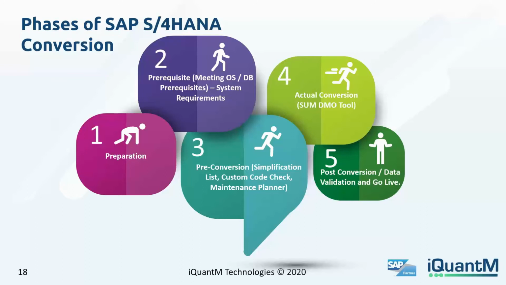In the preparation phase, the customers can take the help of us, SAP, to run their readiness check, which will give them a detailed report consisting of information for the decision makers to decide the best possible approach for them to do a system conversion. It will give them all the prerequisites that they need to tick for them to convert into S4. In addition to that, it also tells them what the potential add-ons are that they have got which are not compatible in S4,